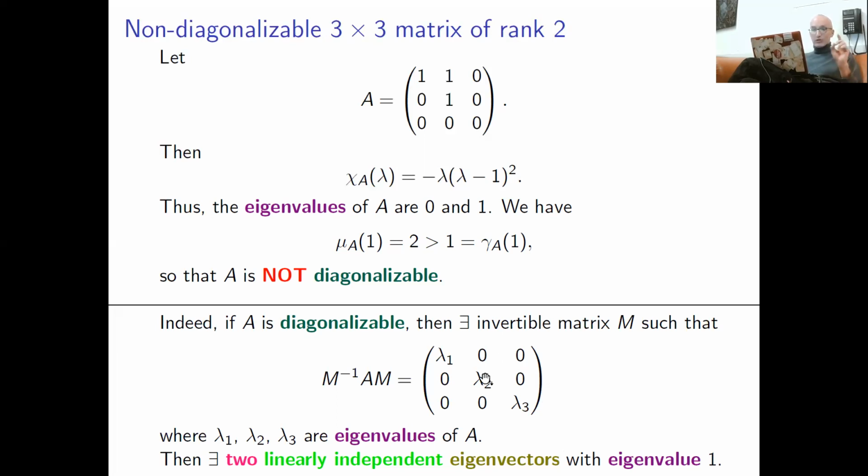Also, you know that there exist 2 linearly independent eigenvectors with eigenvalue 1 in this case. At this point we use the fact that the geometric multiplicity of similar matrices is the same, and the algebraic multiplicity is the same. So we only use one fact, that similar matrices have the same characteristic polynomial. So this polynomial is the characteristic polynomial of this matrix. It means 2 numbers among the diagonal entries are 1.